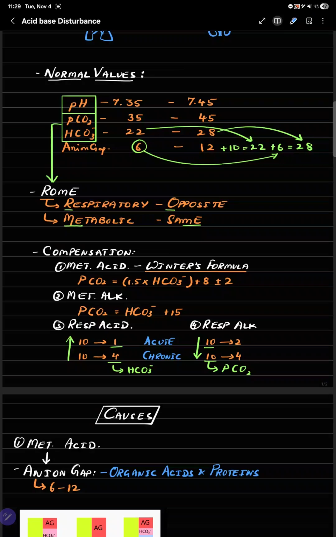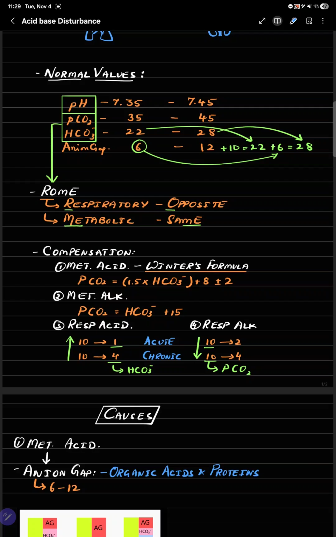By putting the bicarbonate level in the formula of 1.5 times bicarbonate plus 8 plus or minus 2, we can get the estimated PCO2 value as some value plus or minus 2. If the patient's measured PCO2 value is within this range, then there is adequate respiratory compensation for the given metabolic